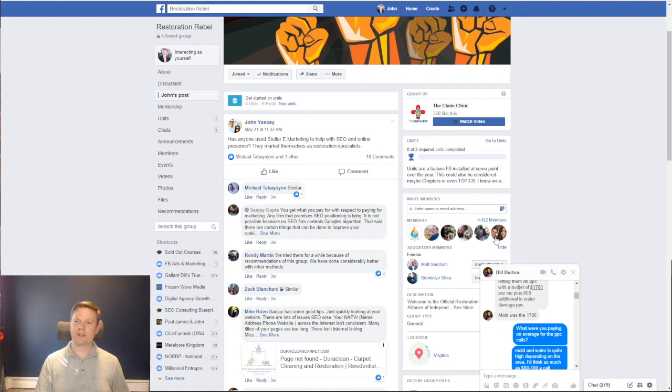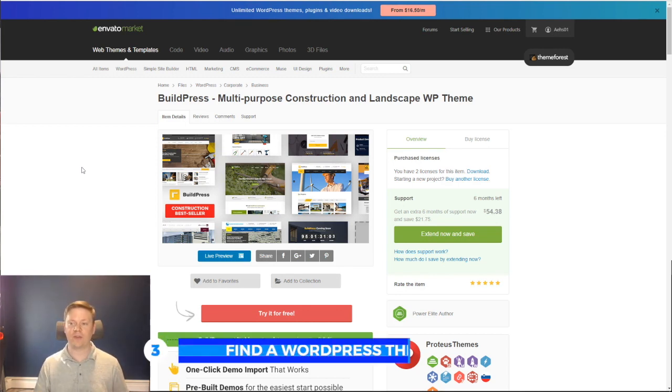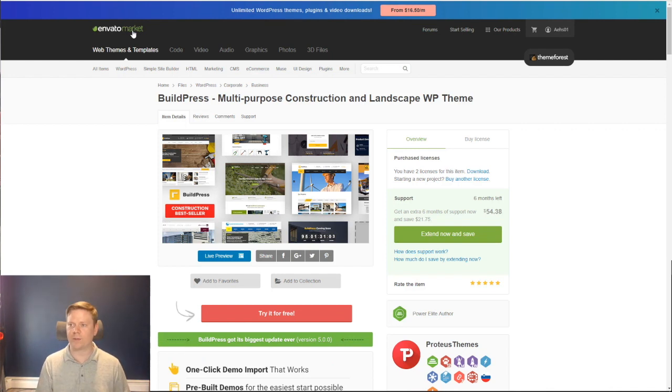So I did something a little bit out of the ordinary, but honestly, this is probably one of the best things that you could do when you're starting out. I went out and I basically found a template that I've used many times. So step 3 would be to find a WordPress theme that you're going to use for their site. I like to use themes on the Envato market. This is a whole marketplace where you can find WordPress sites and WordPress layouts.